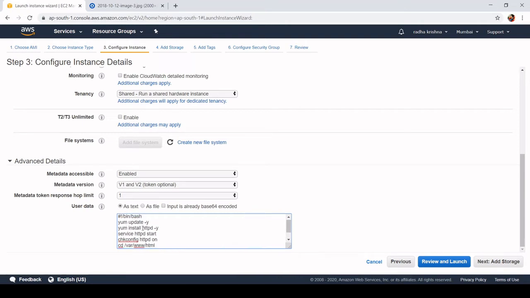So we are going to update and install the HTTPD server, and chkconfig will make sure that HTTP is running at any particular time, and we are going to change the directory to HTML, and we are going to write this website.